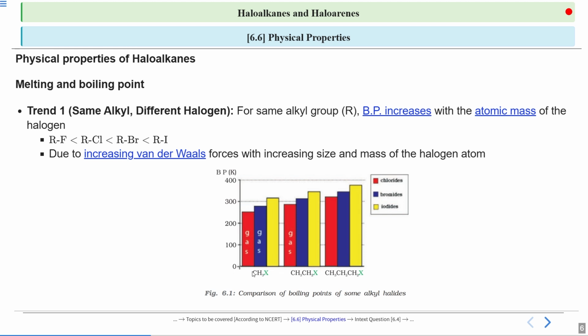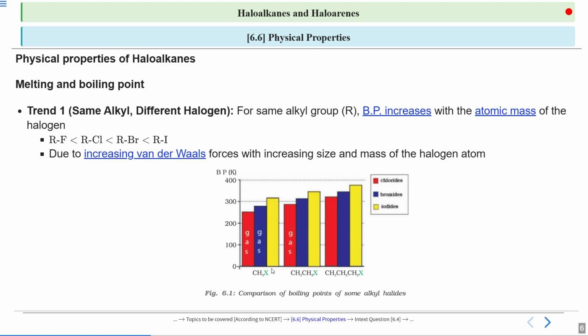Now if we observe a different molecule, as you increase the size of the molecule by adding more and more carbons into it, like adding more chains. In the first molecule we have only one carbon, in the second molecule we have two carbons, and in the third molecule we have three carbons, right? So propyl halide. As the length of the chain increases, that means as the size and the molecular mass of our molecule increases, its boiling point is also increasing,